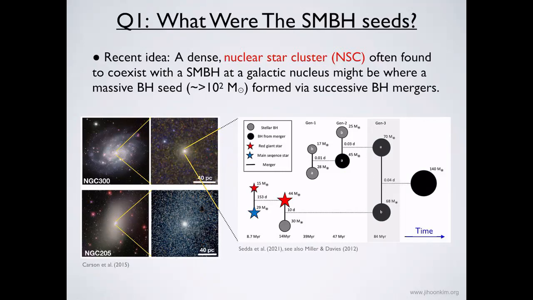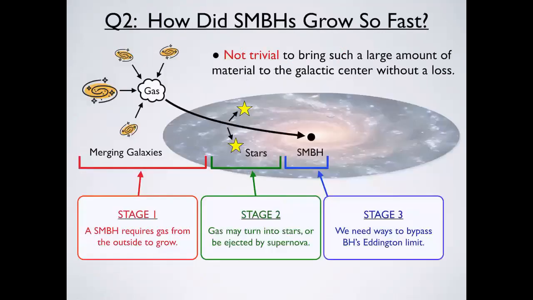So this allows us to think about a context that is probably not common, but a context in which a massive black hole seed, a possible ancestor of the supermassive black hole, could have formed in the early universe in a dense star cluster. So I talked about 3 different scenarios of what the supermassive black hole seed could have been.